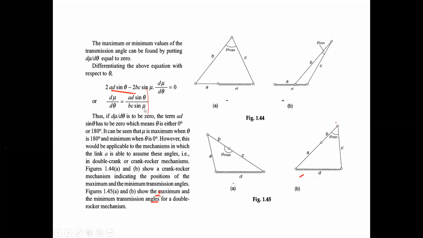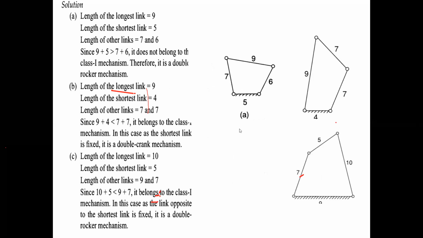Now they are also concentrating on the bottom term, the denominator term. The mu value is taken to be 0 one time, and another time the mu value is taken to be 180. When they have taken the particular mu value as 0 and 90, then you may also achieve this type of diagram, so that is very important.